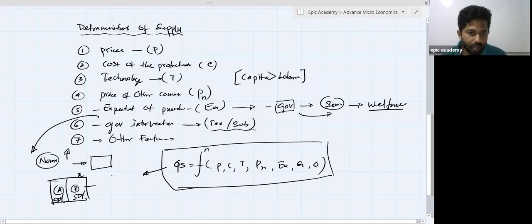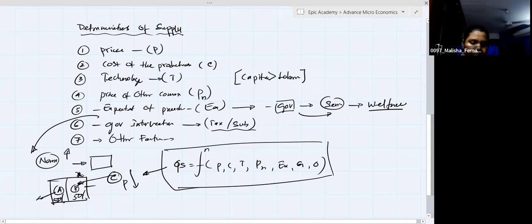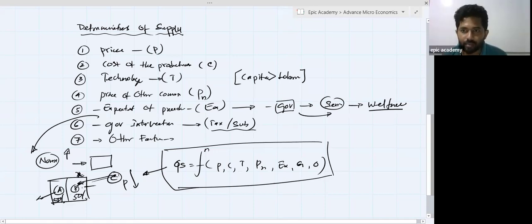So just consider a newcomer here. We call it C company, and it also tries to sell goods and services related to the X commodity, and the price of the X commodity from this C producer is relatively low compared with the others. So what will happen to the market share? It can be changed. What will happen to the profitability of A and B? It also changes. So the amount of supply of A can be changed due to the newcomer. The amount of supply of organization B can also be changed due to the newcomer.